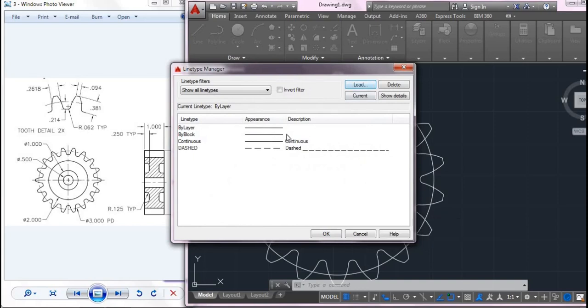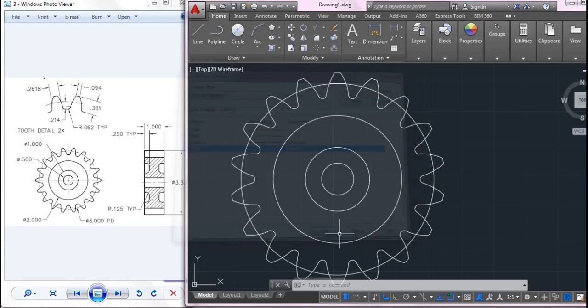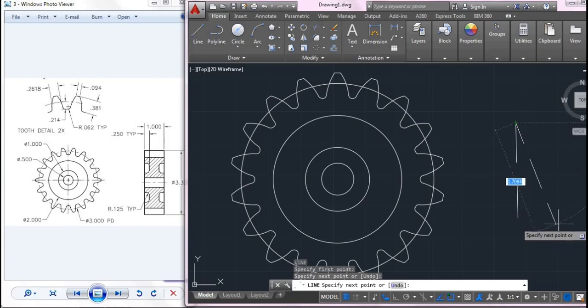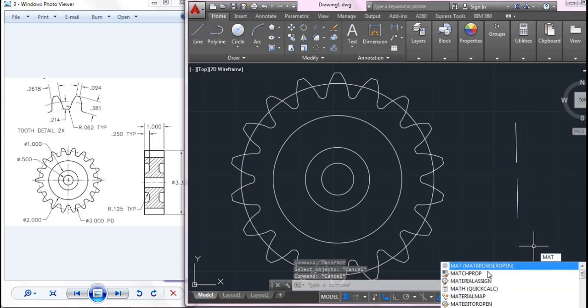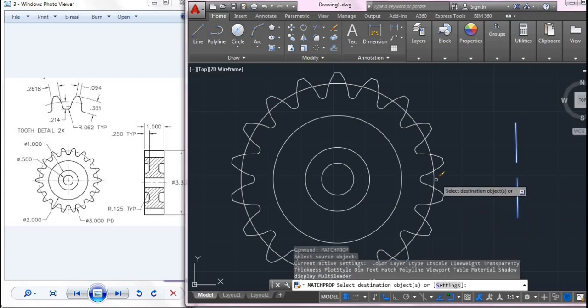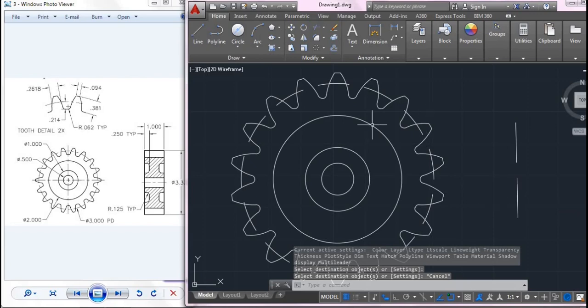Okay. Let's set this as current. I'll draw a simple line with the help of this. You can see like this, a dotted line. Go for match properties, and we'll match these properties along with this circle, so that you're getting a dotted circle like this.